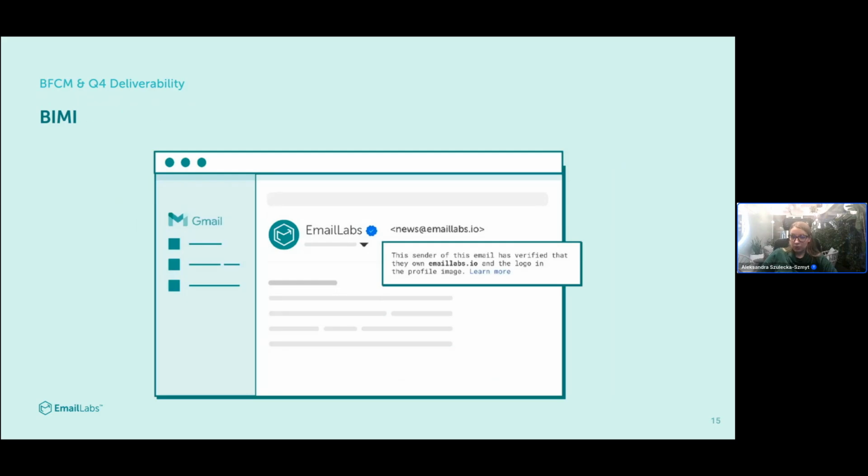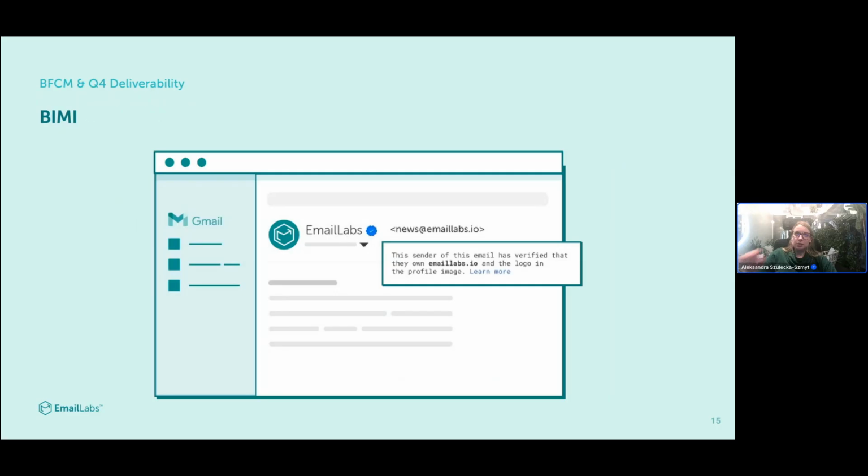And how do we configure it? So first, all of the basic authentications, SPF, DKIM, DMARC in a restrictive policy. Then your logo must be registered in a proper organization, and then a VMC certification must be bought.